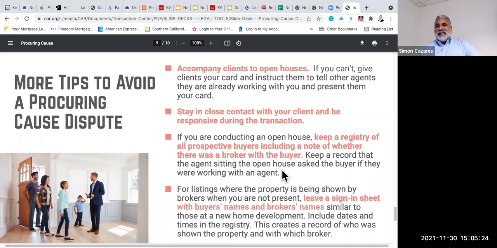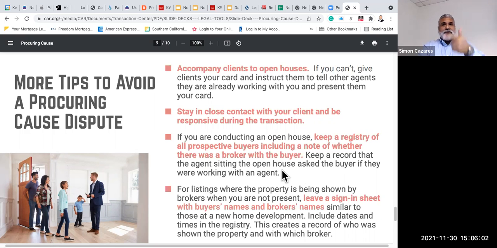And for the most part, any agent that gives instructions to their clients to give the business card usually stops in their tracks, and the agent will probably not ask any more questions. One, someone is giving me a business card, they're obviously working with someone. But the question is, is the buyer still obligated because the agent that's hosting the open house lured them to submit an offer with that? Can we go after them for procuring costs? And the answer is yeah.